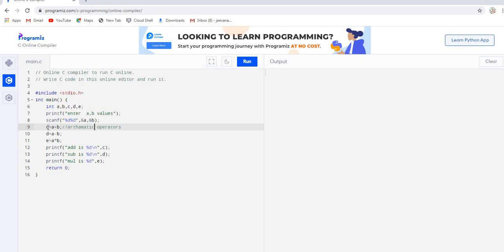Before, the C memory allocation will be empty and it is stored with some garbage value or 0, and when we add these two values, the addition of these two values will be stored in the C value, and same subtraction is stored in D and multiplication of these two values is stored in the E. And when we print the statements, I'm printing this as addition is %d, C. I'm using here a \n, that is to print the next statement in the next line. Okay, let us run this program and see the output.